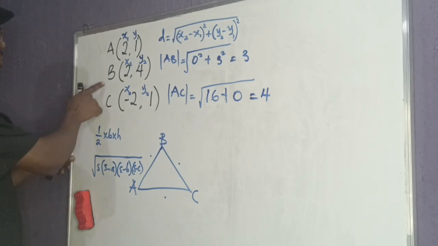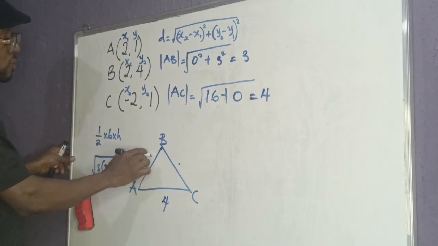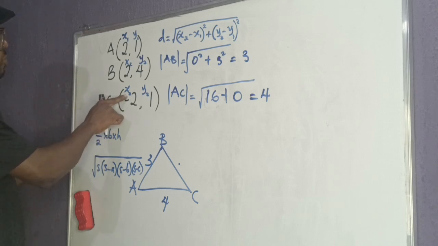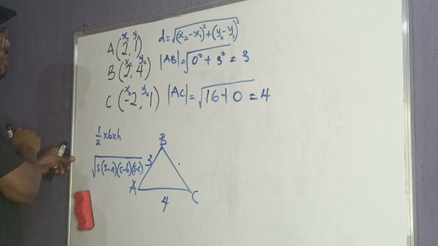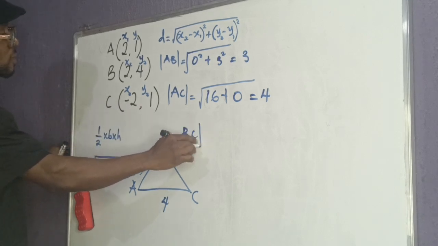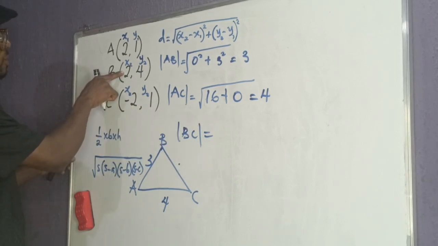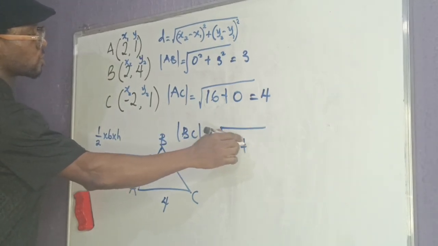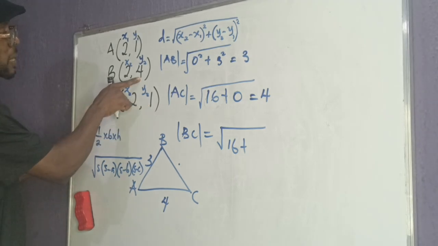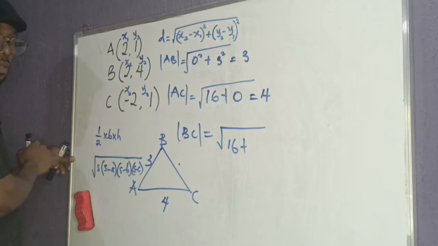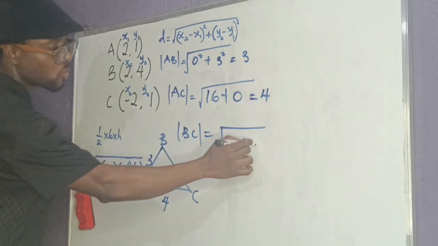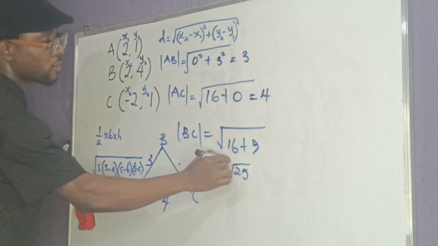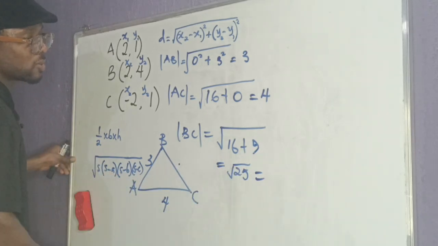We do the same for B to C. So here is 4 and here is 3. Are we good? So for B to C now, we'll do x2 minus x1. So minus 2 now, B to C. Minus 2 minus this will give us minus 4. Minus 4 squared will give us 16 plus. Here is 1. 1 minus 4 will give us minus 3. Does this make sense to us? Good. And minus 3 squared will give us 9. So all together, we have the root of 25. So the length B to C becomes